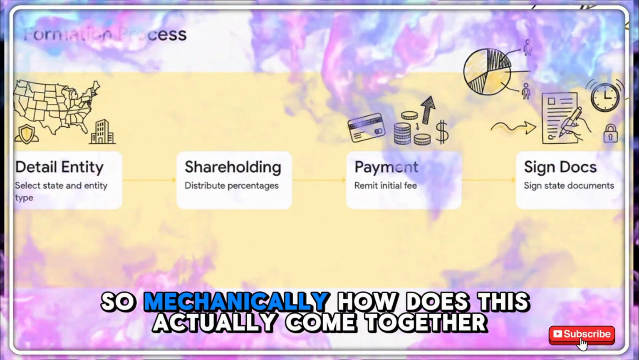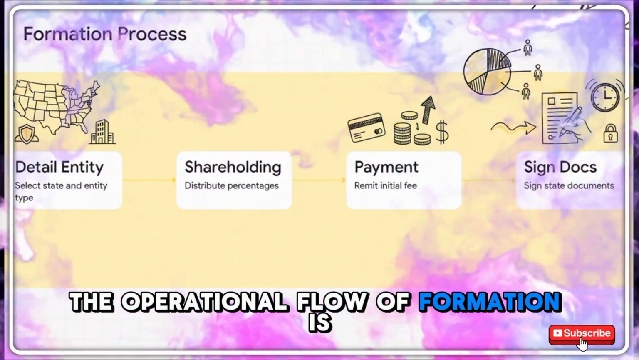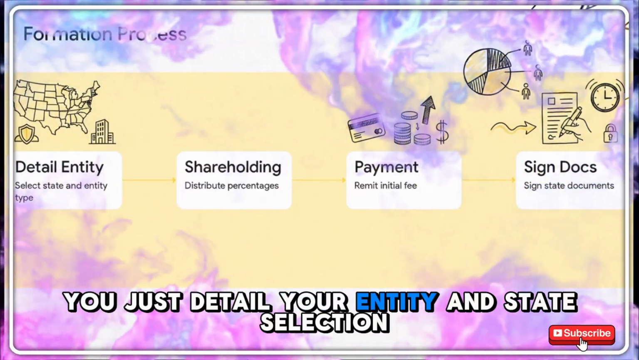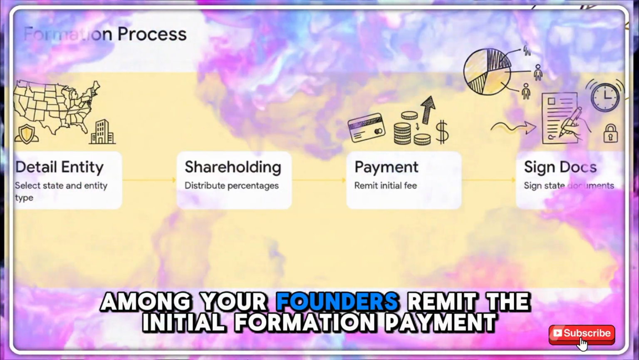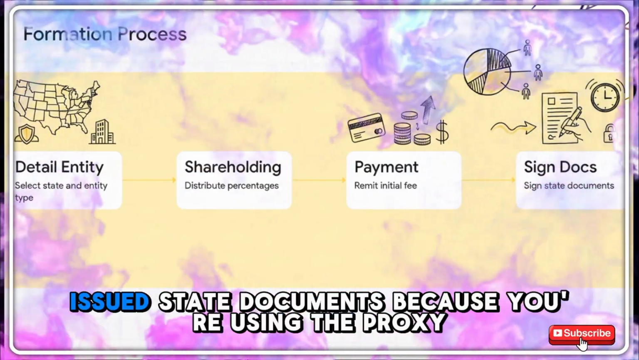So mechanically, how does this actually come together? The operational flow of formation is shockingly streamlined. You just detail your entity and state selection, distribute the shareholding percentages among your founders, remit the initial formation payment, and then digitally sign the automatically issued state